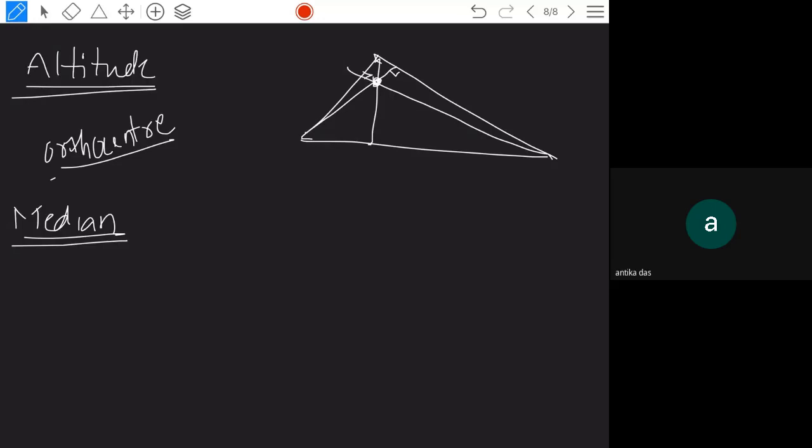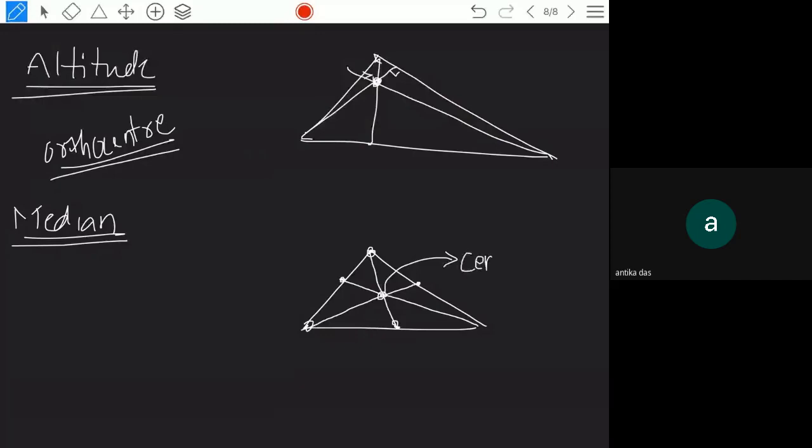Okay, like that median बोले तो, suppose you take any triangle. ये point से इसका midpoint को line draw करना है, this is called median. From this vertex you draw to the midpoint of the opposite side, it is one median, and another median is this one. Like this, 3 medians will compulsorily intersect at one point. Medians जहाँ intersect होते हैं, उस point को centroid बोलना है.